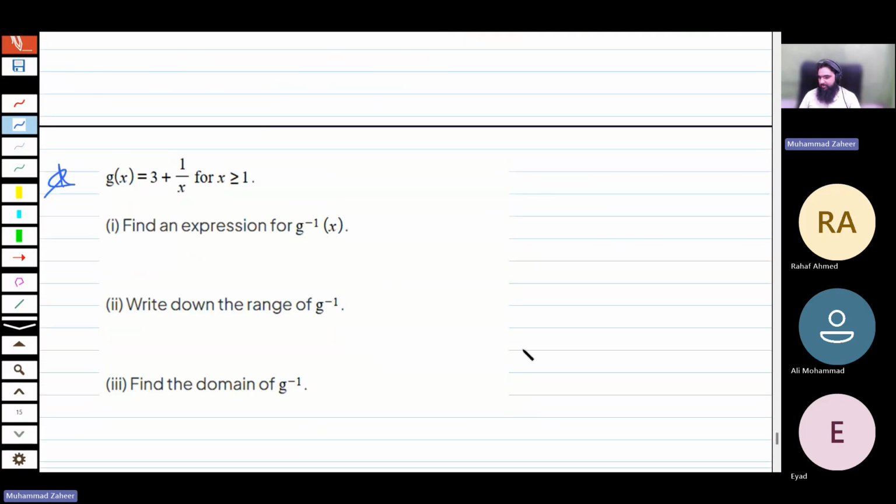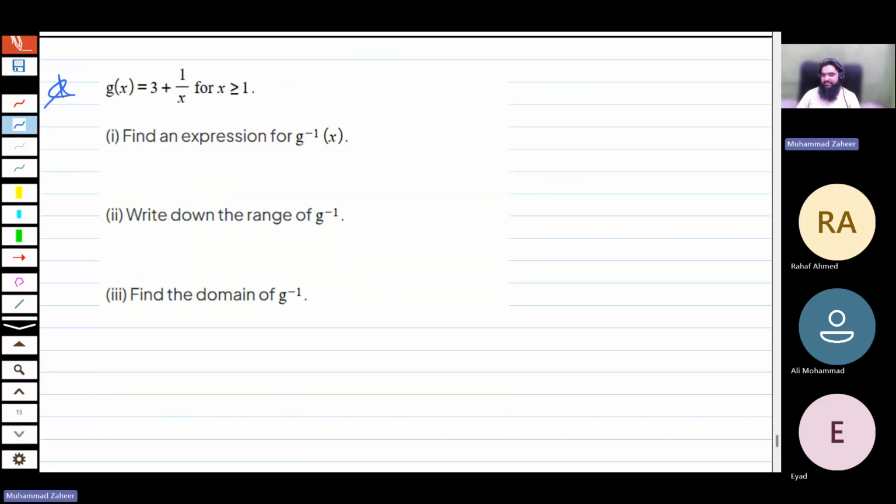Let me check. Okay. Now we have g of x is equal to 3 plus 1 divided by x, for x is greater than or equal to 1. So look here, the domain of the function is given. He says to find the expression for g inverse of x. First, we have to find the inverse. So the first step is